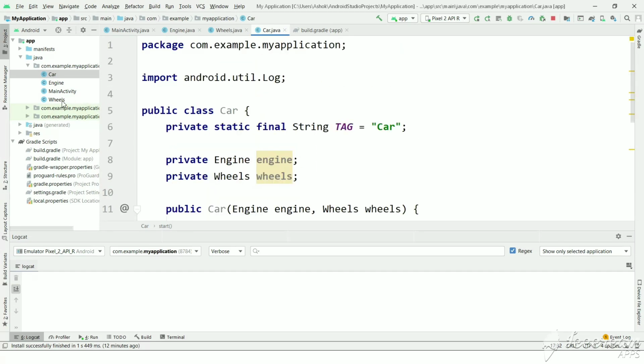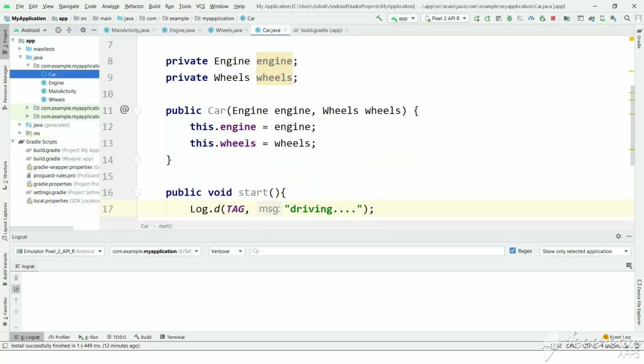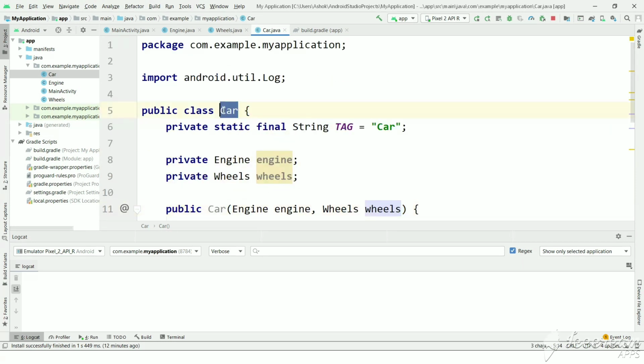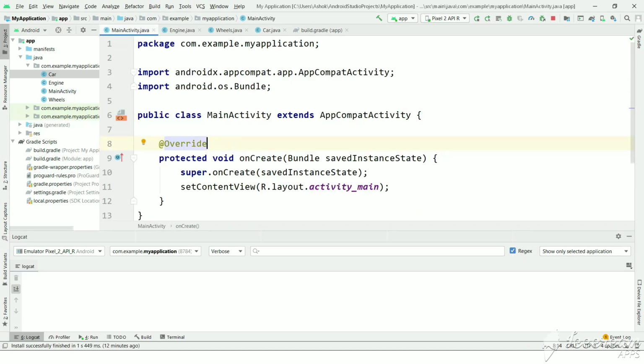So we have created wheels, engine and car, which is dependent on engine and wheels, and we have created a constructor using engine and wheels which are passed from outside. And if you want to create a car class, how will we do it normally?